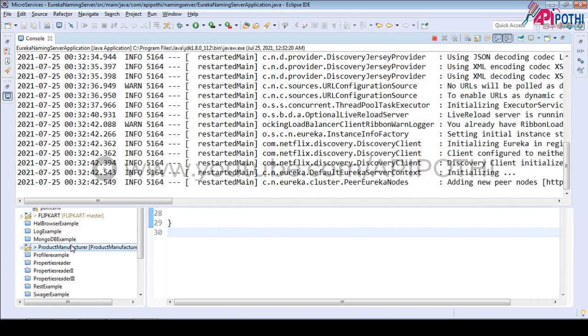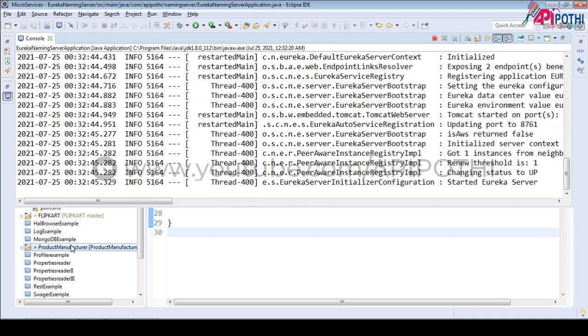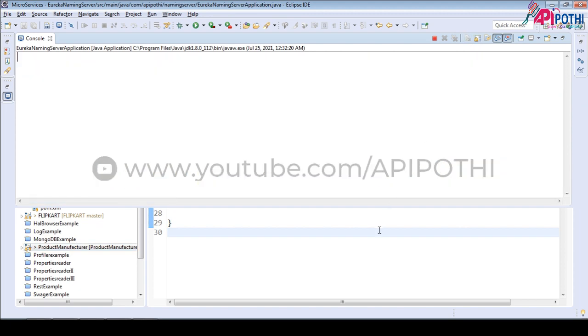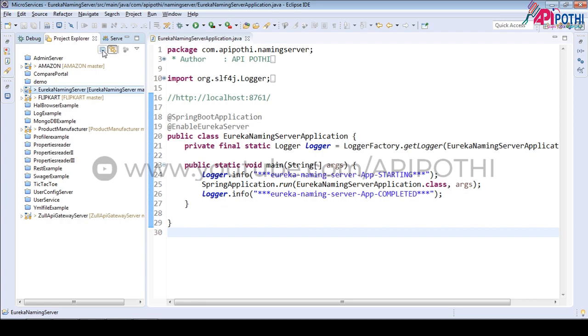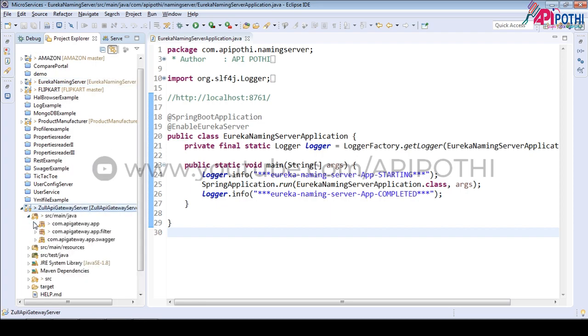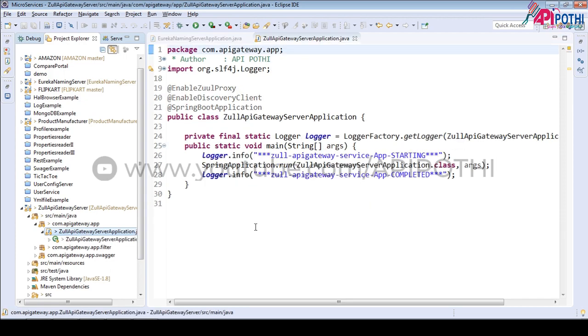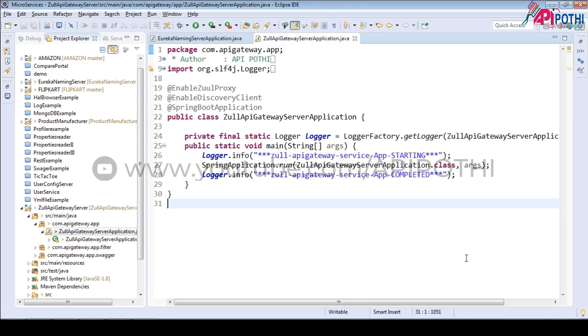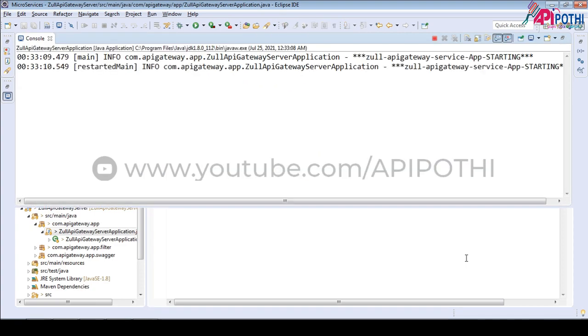If we start Flipkart or Amazon, inside them we have defined the application name inside the Fin client annotation as API gateway, and it will try to find the API gateway, couldn't find it, and will throw an exception. So to avoid this exception, we need to run the API gateway, so this instance will be available there. Right click, run as Java application.